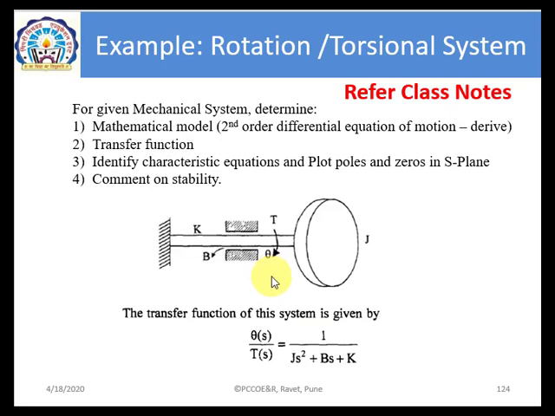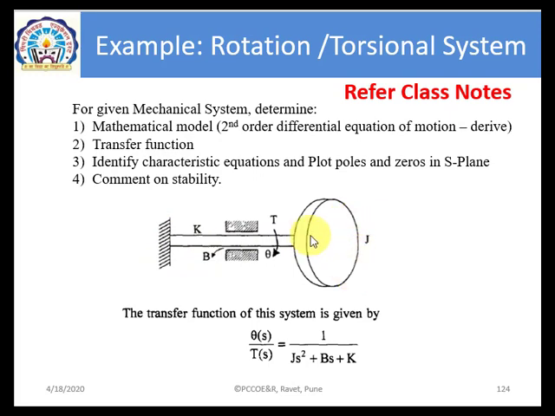For this numerical, the important part is to obtain the transfer function of a given mechanical system. And once we have a transfer function, we can apply the same knowledge that we learned. The most typical part is to get the transfer function of a mechanical system. Now in this system, a circular disc having a mass m is attached to an elastic member or elastic shaft. One end of this elastic shaft is fixed to the rigid wall and the other end is connected to the disc.